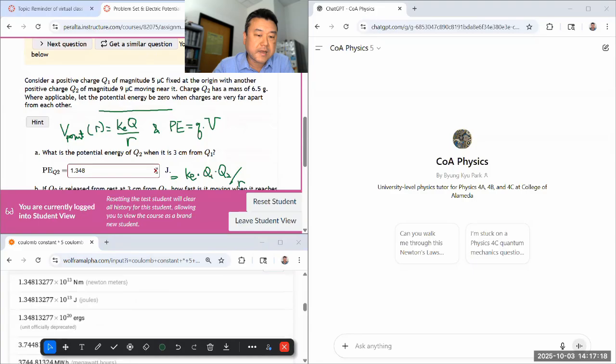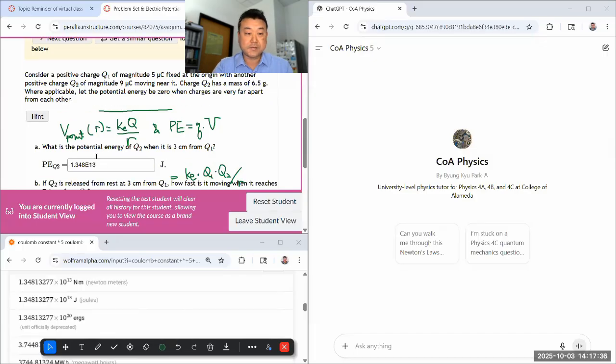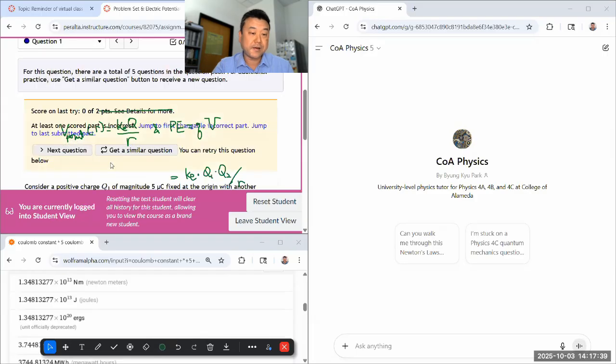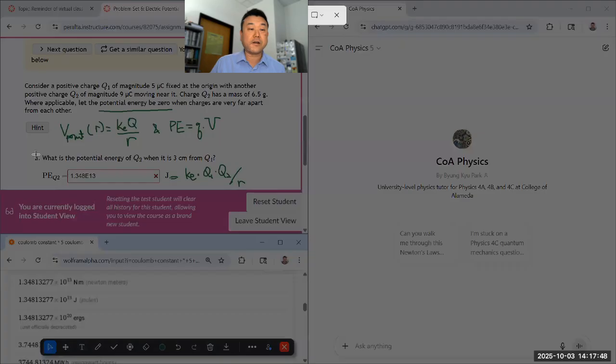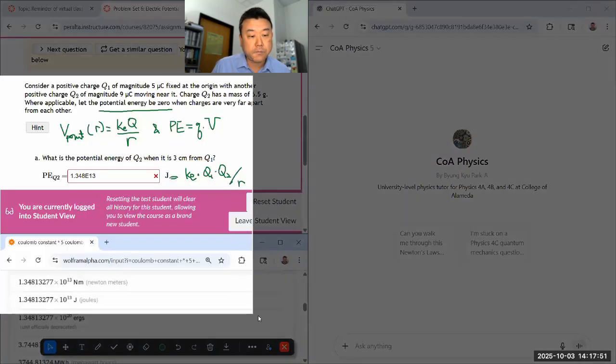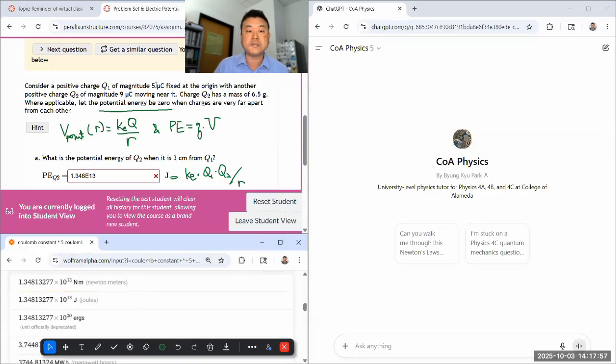Because I think once you see that it has deducted a point, then I think most of you will at least know to look for whether you missed a power of 10. And maybe you even checked for that and you put in a power of 10, E13. Here that won't actually fix it, because my mistake goes farther back. I missed the micro part of it. So let me give this to ChatGPT and see if it can help me figure out what I did wrong. I'm hiding a portion of the information from it, in that I didn't give it the input part where you can see that micro part missing. Let's just try this out.